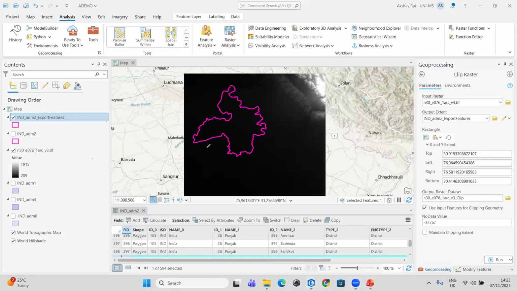I want it just in this shape. If I don't check this, it will give me a rectangle with the endpoints of it. I don't want that rectangle, I want the proper shape. So for that I will check this. Now when I click run,